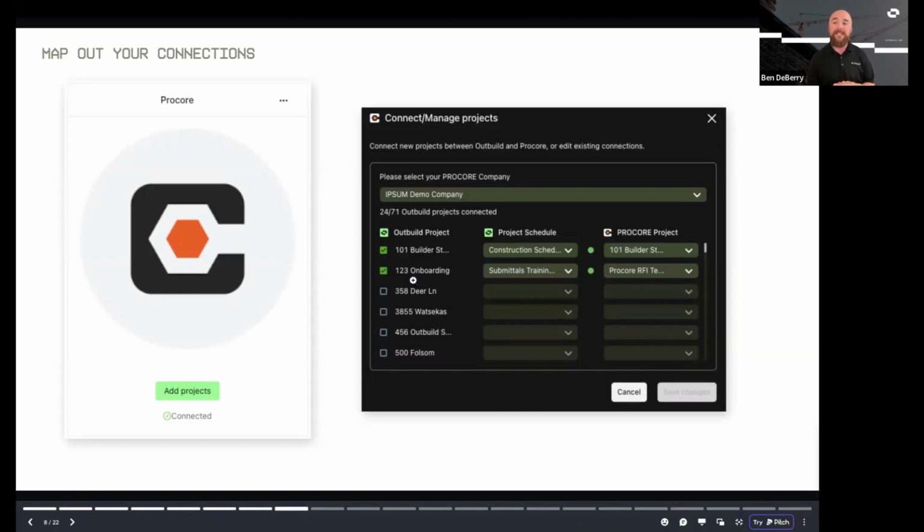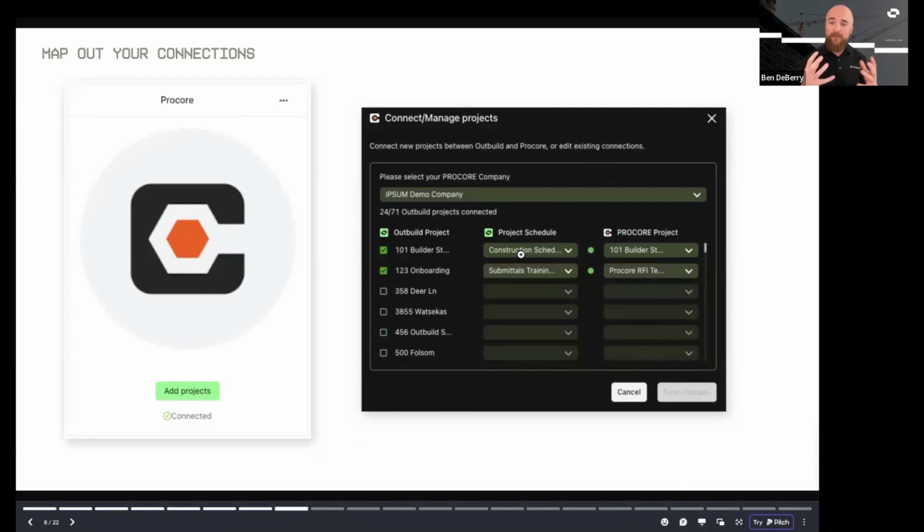At that point, once it's connected, you will have access to adding projects between Procore and Outbuild. And so what we're really doing here is we're opening up that pathway for these two softwares to talk to each other. And we're mapping out what specific projects and what specific schedules need to be connected.